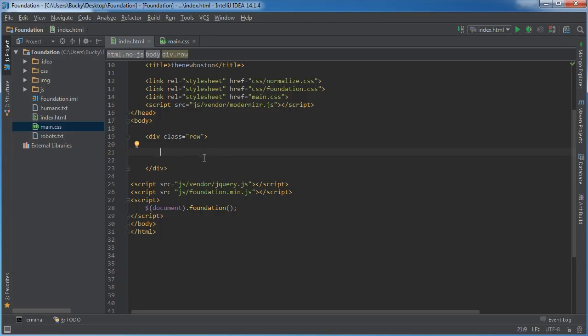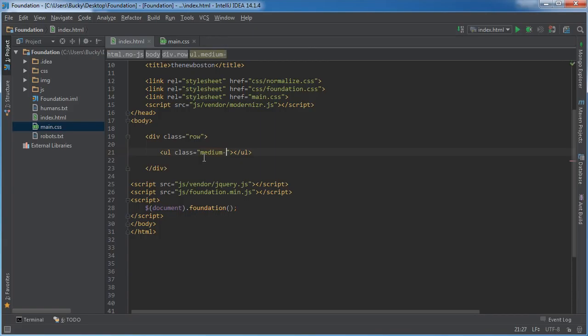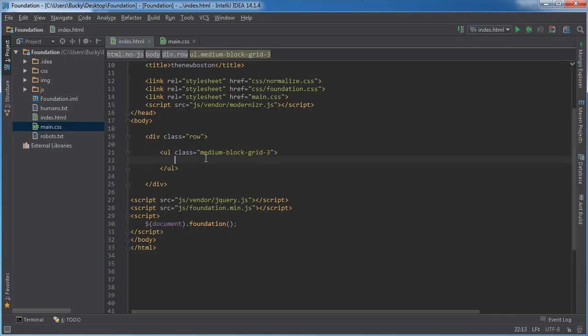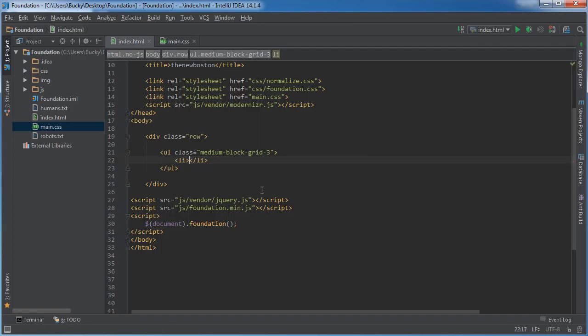So inside your row, let's say that we want to have 3 items per row all the time. I'm going to make an unordered list, and for this class I am going to set this equal to medium block grid 3. The number you put right here says how many items, in this case how many pictures, you want to appear in your rows. So whenever we start adding our images, there's always going to be 3 of them for each row. So image,